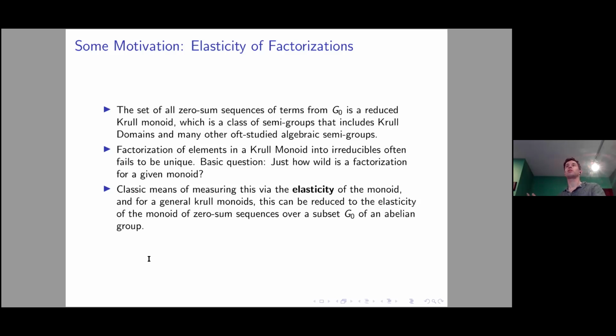For instance, you can look at certain special subsequences over the class group, and maybe only look at the subset of classes that contain primes. That might give you the G naught. And you can use transfer machinery to transfer this question of whether or not the original monoid from algebraic contexts behaves nicely with respect to factorization. That corresponds to whether the subset G naught behaves nicely with respect to factorization. So you would like to know when such subsets have a finite elasticity.